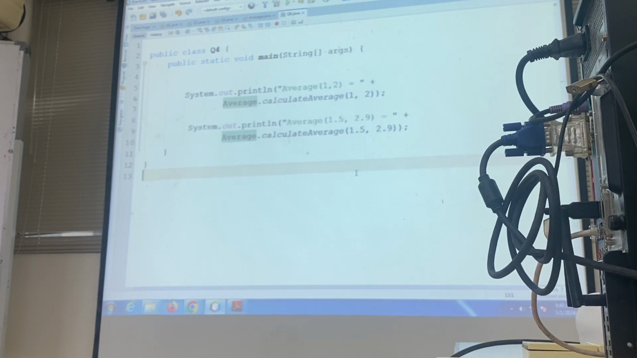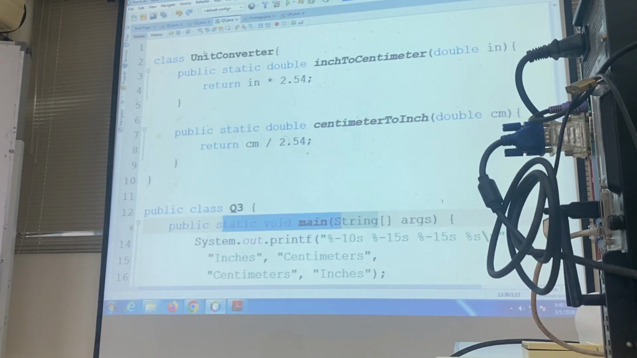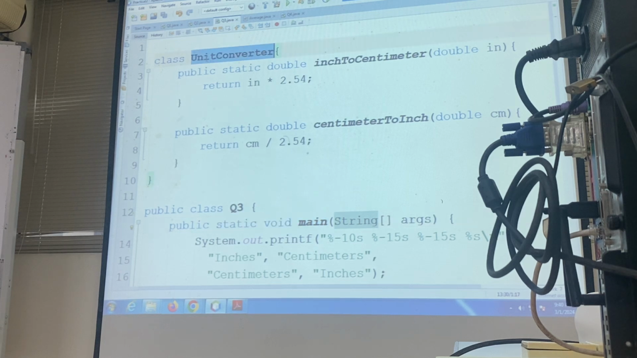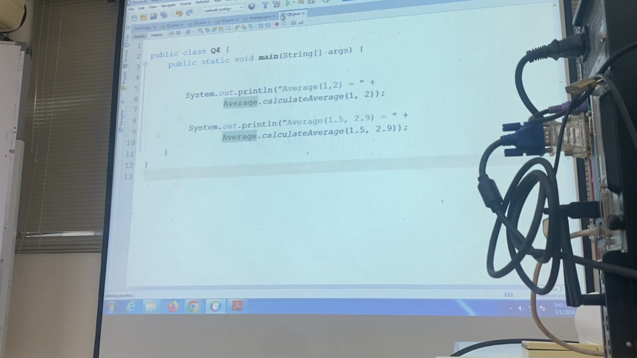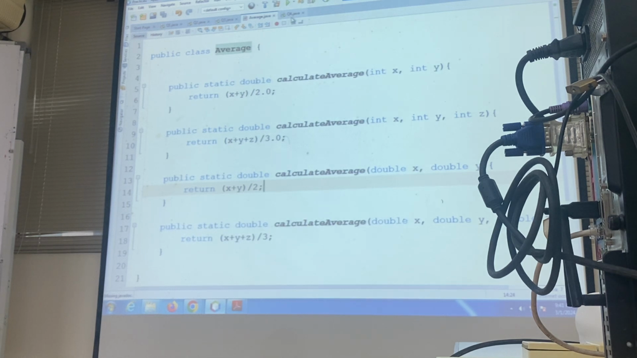Okay, this part. Now why do you need to split it into two files? In Question 3, you can see I put it under the same file here, right? Unit converter and Question 3 are under the same file. But Question 4 asks you to split it into two. Why split into two? It is easier for you to reuse. All the functions you write, you can reuse. So how do we reuse this